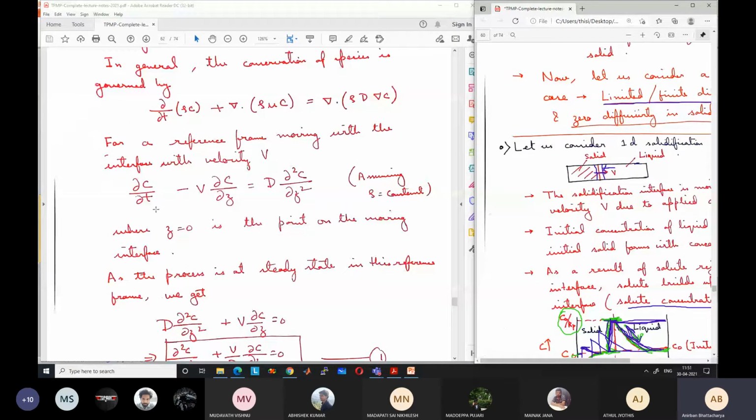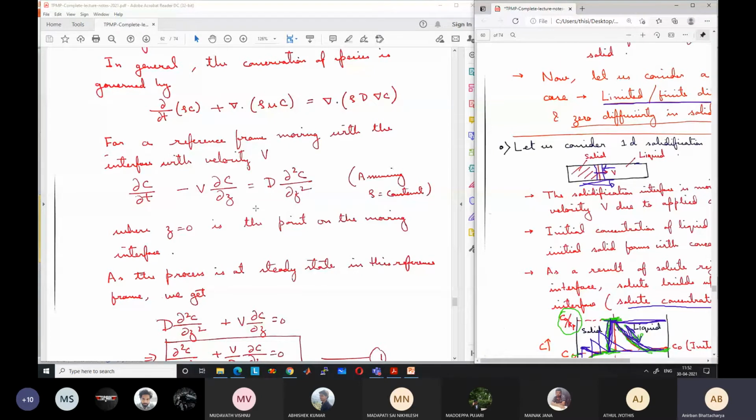This is the z direction. So d/dz of u into c. If we assume that the velocity v is constant, you can take v outside. Because the liquid is coming with minus v velocity, u is minus v. So minus v into ∂c/∂z, from this term, is equal to, again this is 1D, so